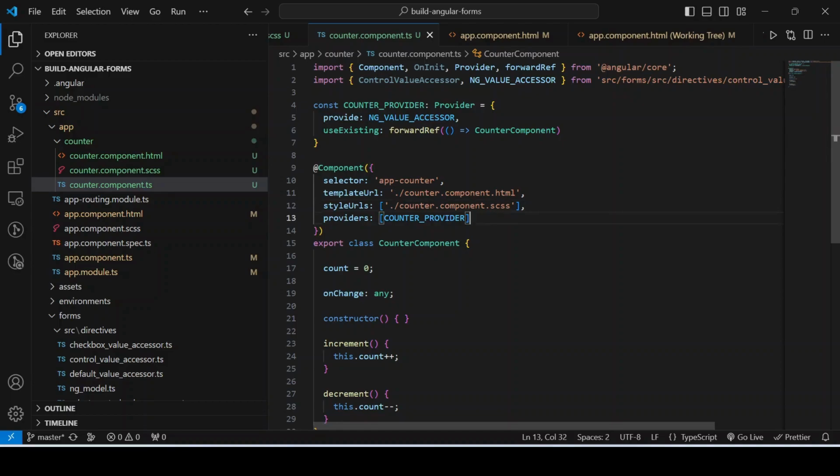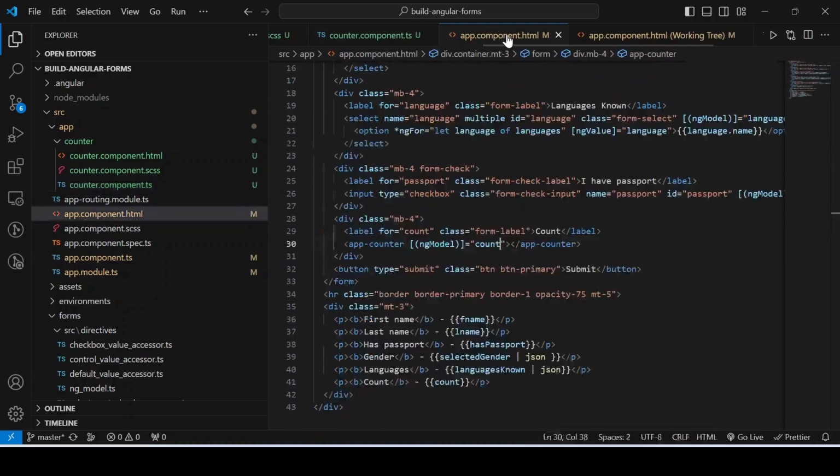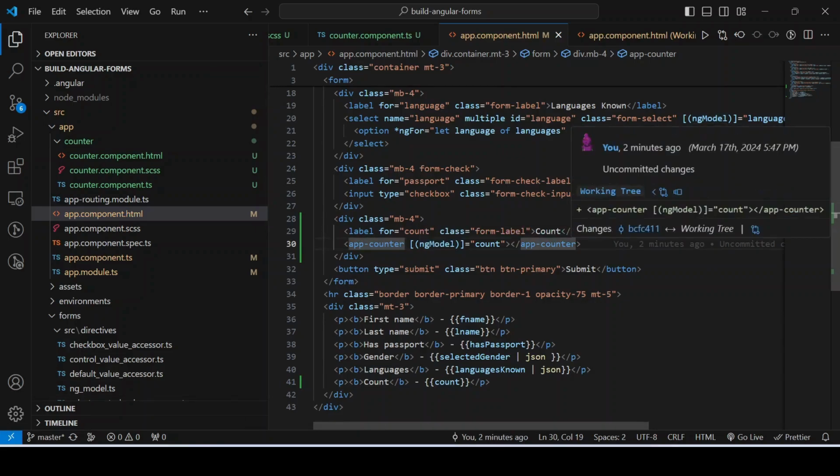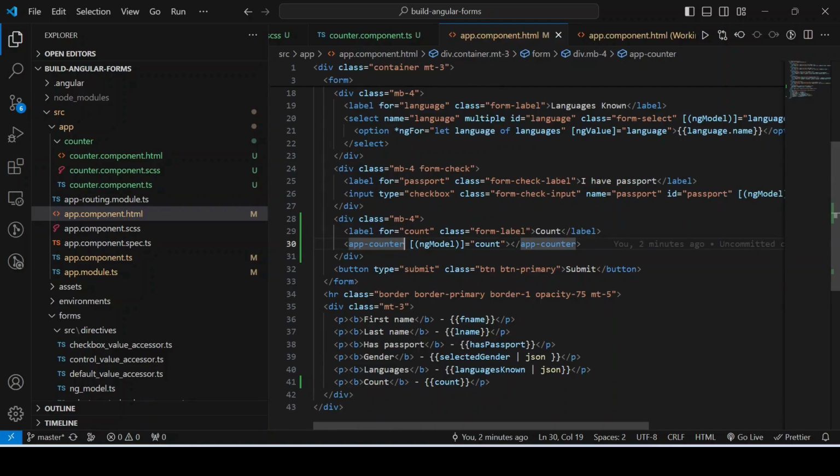So what will happen when you use ngModel? Let's go to the app component. So here, this is the app counter component where you apply the ngModel, right? Now this ngModel will ask for the DI token NG_VALUE_ACCESSOR, right? So who will resolve it? Who will provide that dependency? Of course, the injector of the